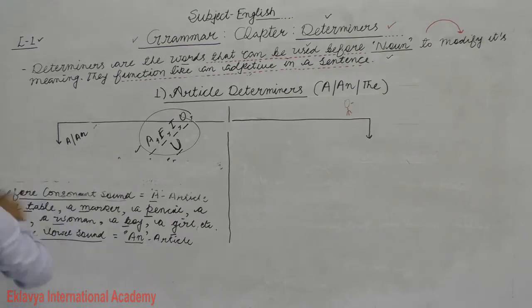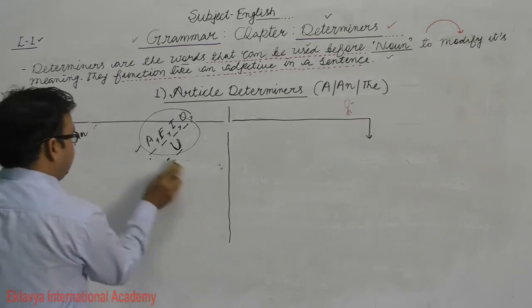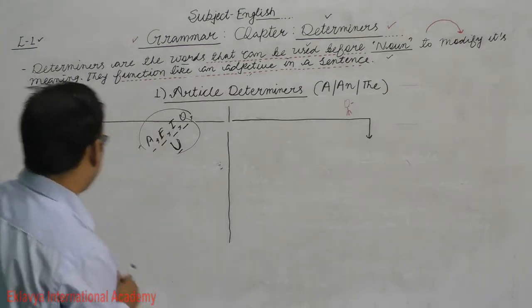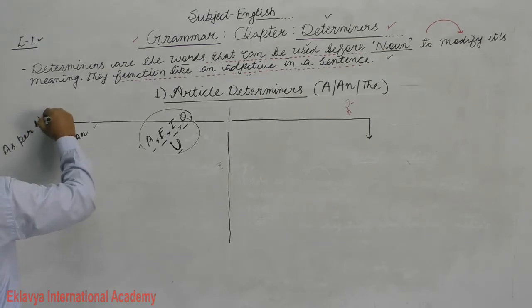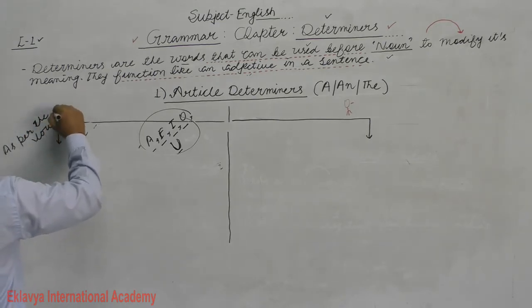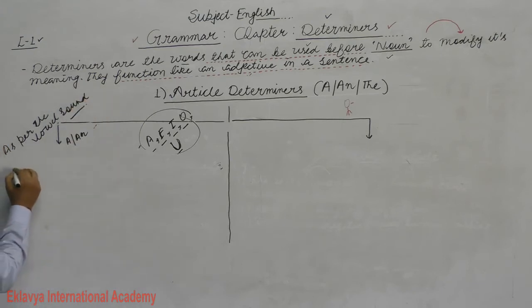What can be examples of vowel sound? As per the vowel sound, the examples can be